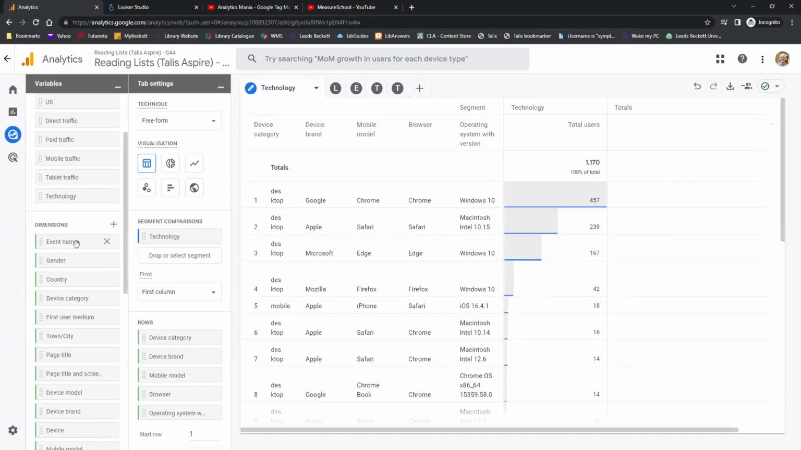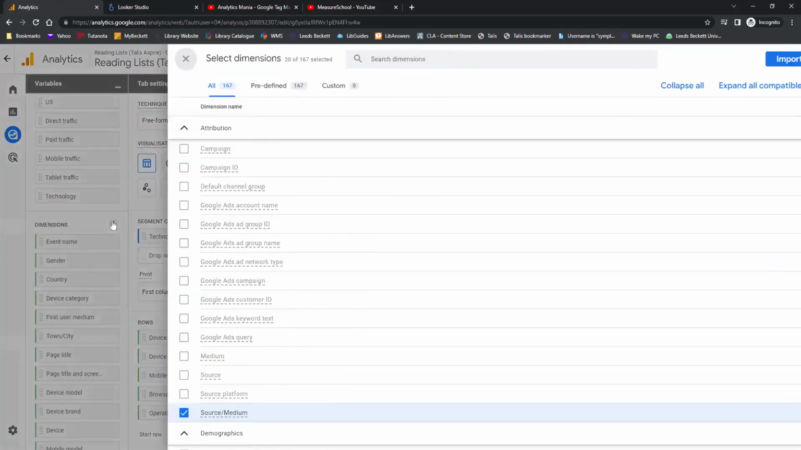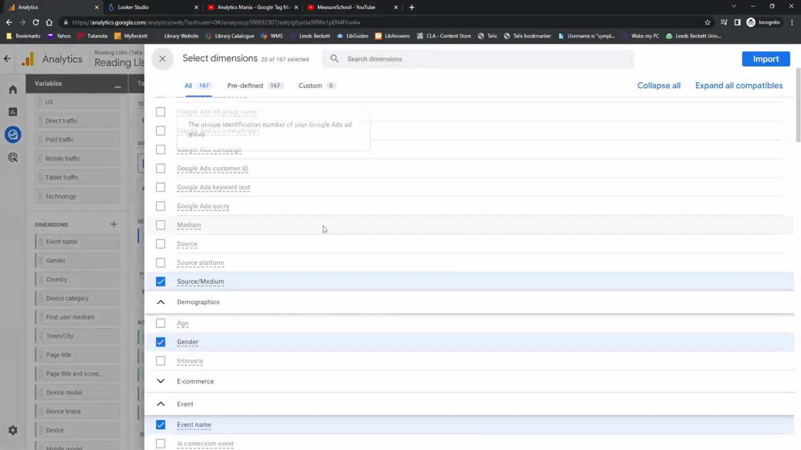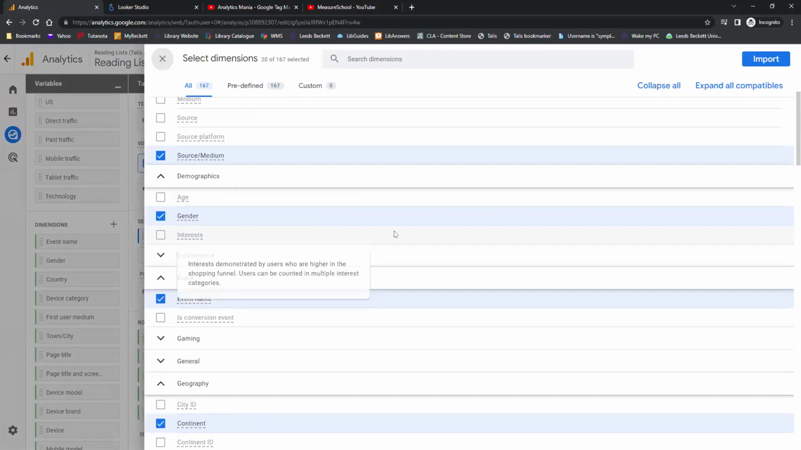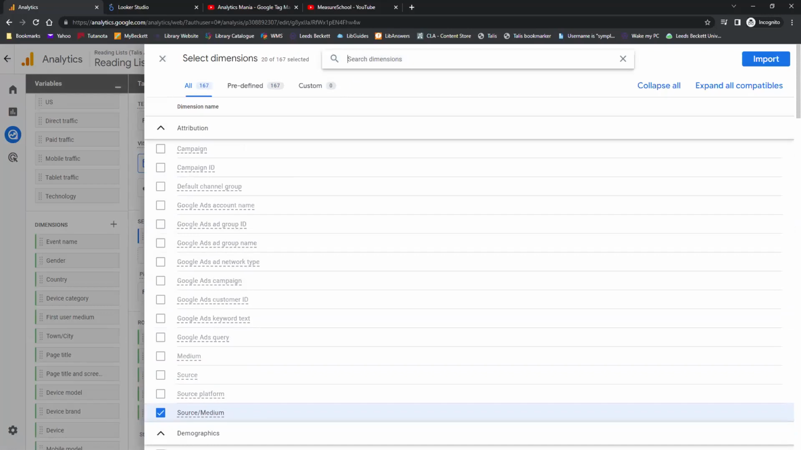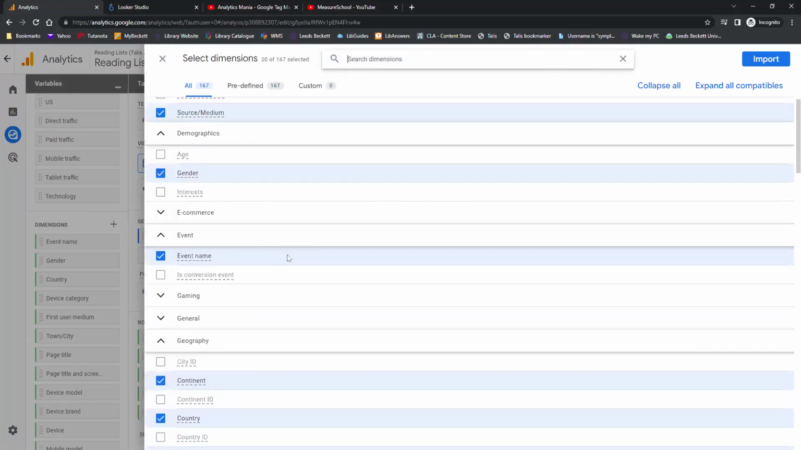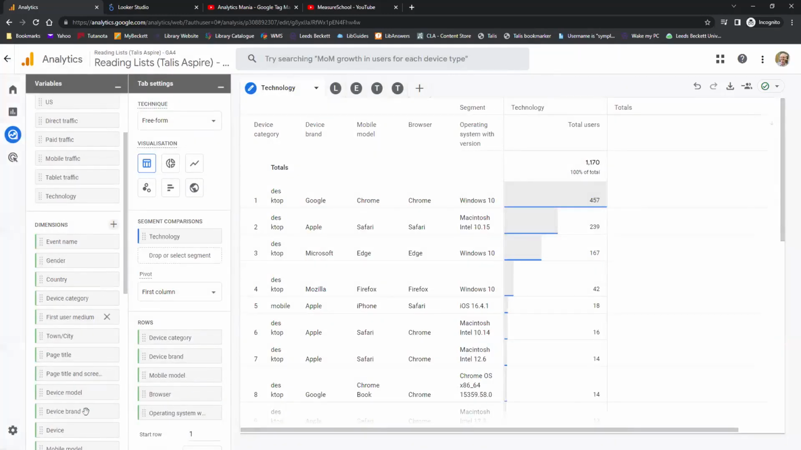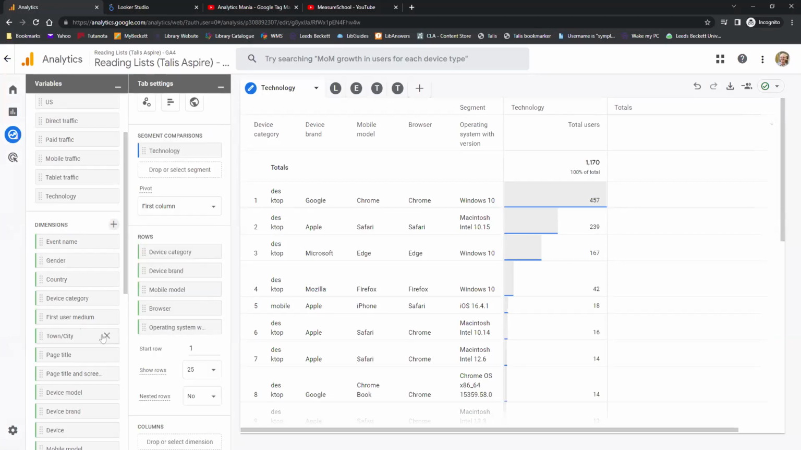In the dimensions, you can add dimensions from here. A dimension is basically anything that you want to measure. You can either search for it or scroll through. If you know the dimension you want to measure, you can type it in up there, or you can just scroll down and tick the ones you want, for example gender or event name. Once it's been added to the dimensions column, you then drag that across. So if I wanted to know the town or city that our users are in, if I drag that across to the rows there,